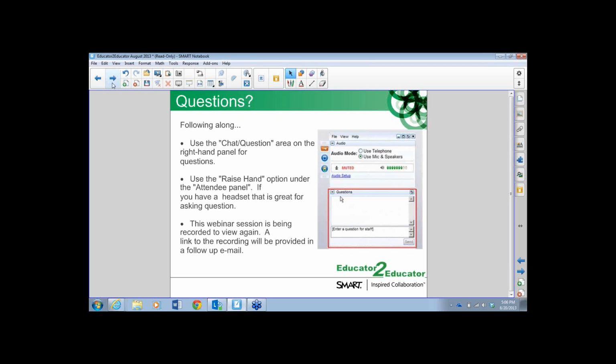And moving along, questions. If you have any questions during the webinar, over on your panel that should have opened with GoToWebinar, there's a little questions area. I have that highlighted here in red, and you can just type any questions that you have for us in there. We will do our best to answer them directly to you. If it's something that we don't get to, we do get a list of all of the questions that have come in, and we try to answer all of those questions in an email that we will send out to everyone following the webinar this evening.